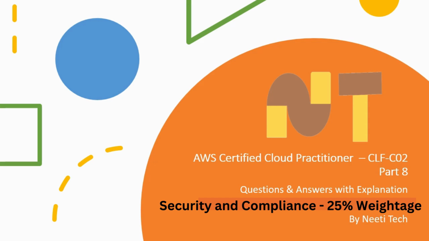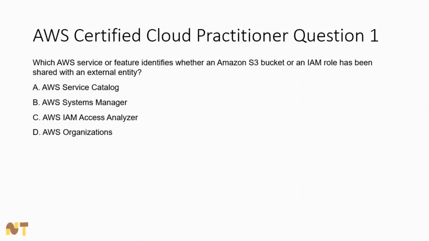Let's start with the first question. Which AWS service or feature identifies whether an Amazon S3 bucket or an IAM role has been shared with an external entity? Options are A. AWS Service Catalog, B. AWS Systems Manager, C. AWS IAM Access Analyzer, and D. AWS Organizations. Here, AWS IAM Access Analyzer helps you identify the resources in the organization and accounts such as S3